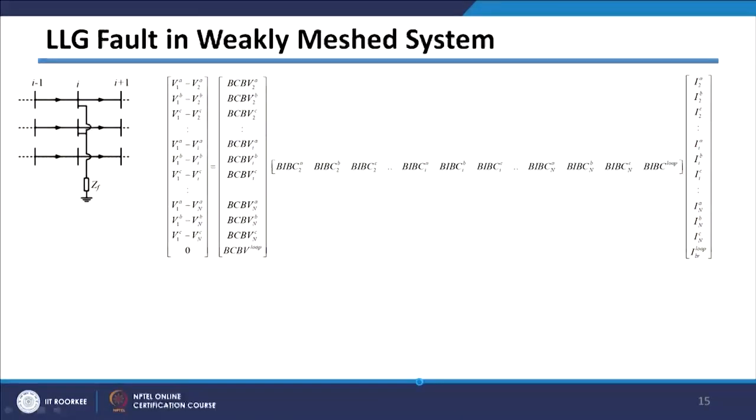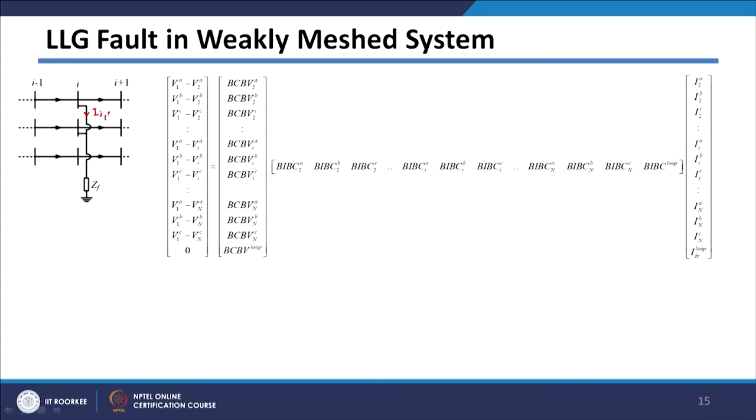Now, let us see how we can consider LLG fault in weakly mesh system. In case of LLG fault there are 2 buses which will be faulted with ground. Here I am considering phase A and phase B which is faulted with respect to ground. So, let us say current in A phase is